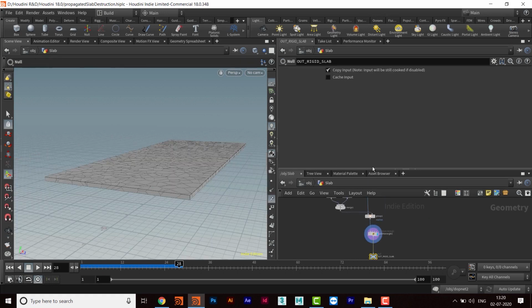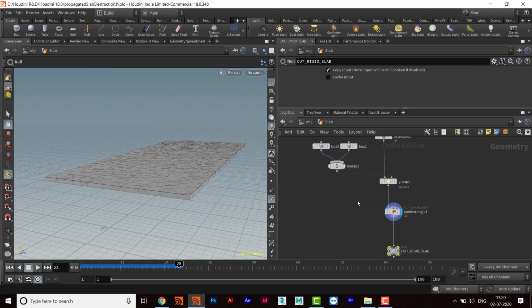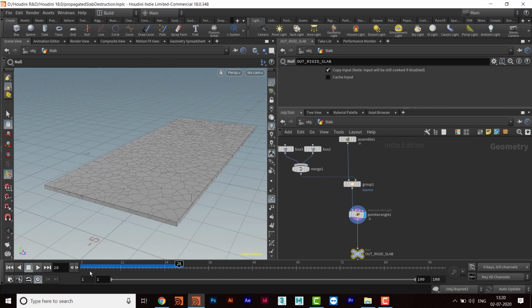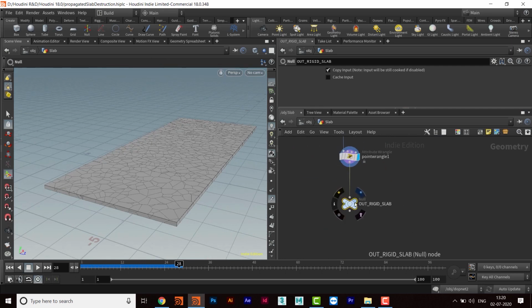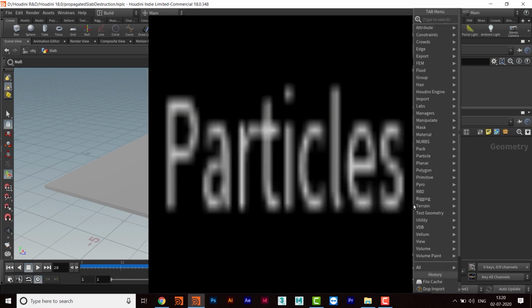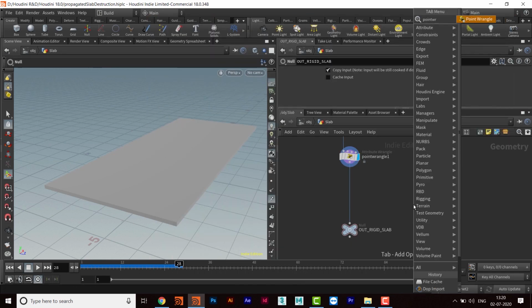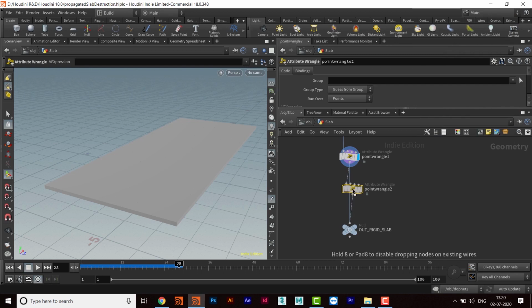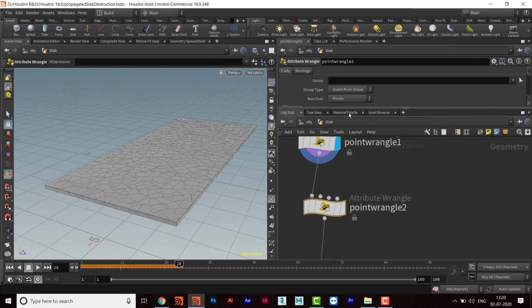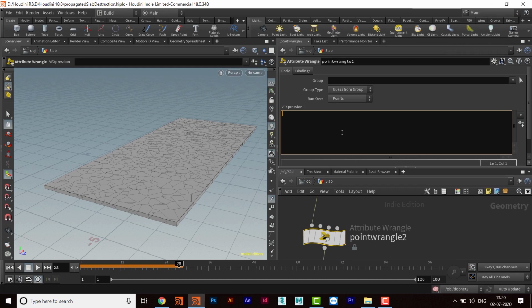So for that I'm going to take another point triangle, and then I want to make it i@active equals 0, but only for certain values, only for the group which is inactive here.